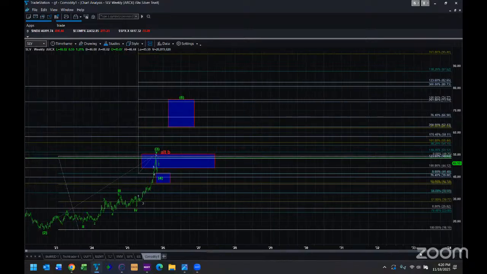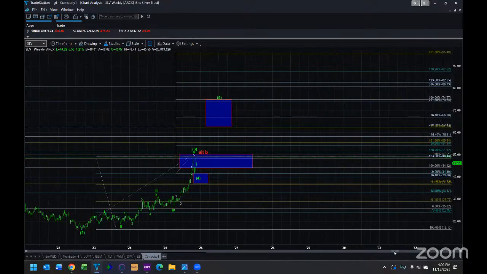Now, I have been following a fractal from 2010 and 11, and for those that have followed my analysis this year, if you remember in the springtime, I was suggesting that this was going to be an amazing buying opportunity because I see a parabolic rally beginning from here. And pretty much that's what we've seen. I don't think it's completed yet. I think that we are still in a fourth wave consolidation.